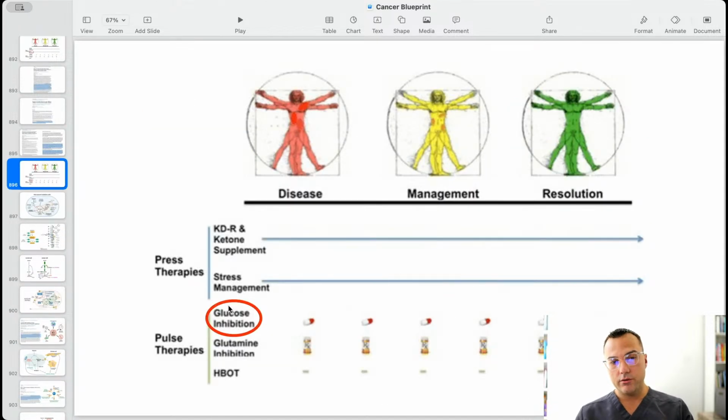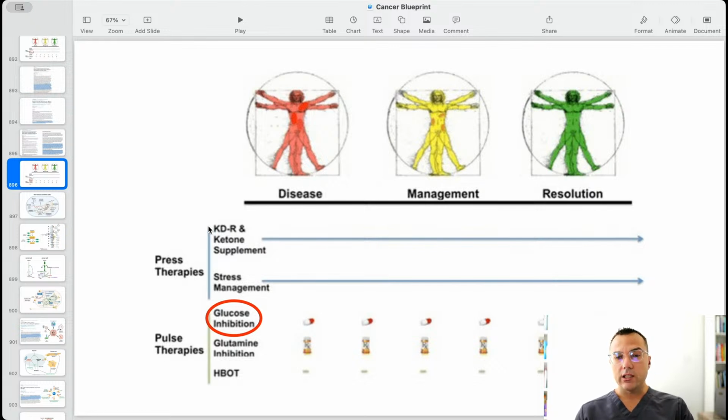So again, this is the general recipe for success. We have ketogenic diet, we have stress management, we have glucose and glutamine inhibition. And then the last piece of the puzzle, which we'll spend a significant amount of time on, will be oxidative therapies. And oxidative therapies, at least on this particular graphic, is going to be hyperbaric oxygen therapy. And I'll just end by saying that